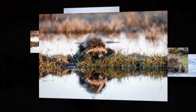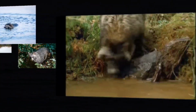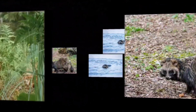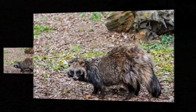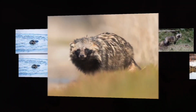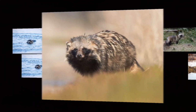urban areas. The thick coat of a raccoon dog is a mixture of brown, gray, tan, and black hair, and it has a black tail with black stripes across its shoulders. They also have two dark eyes with black raccoon-like rings around them, and fox-like ears. But make no mistake, they're not related to raccoons, but are very closely related to foxes, being a part of